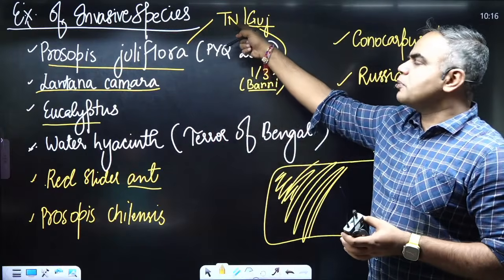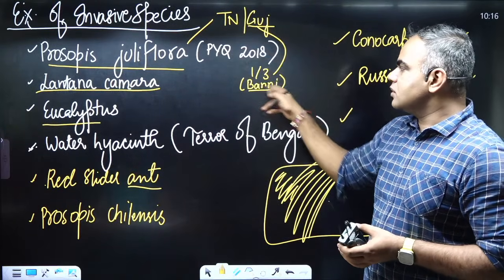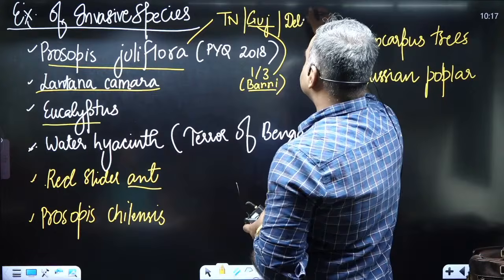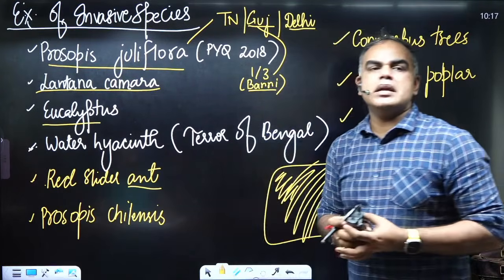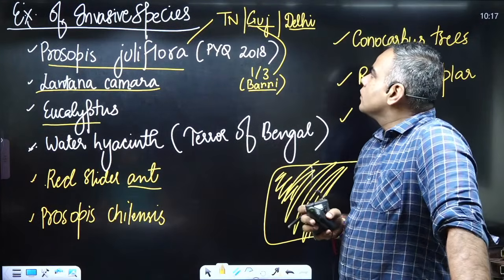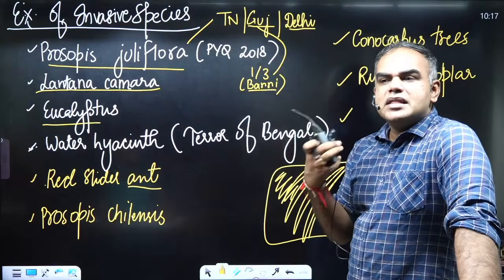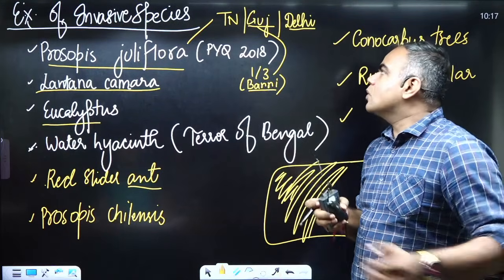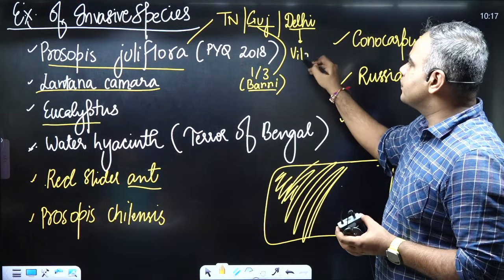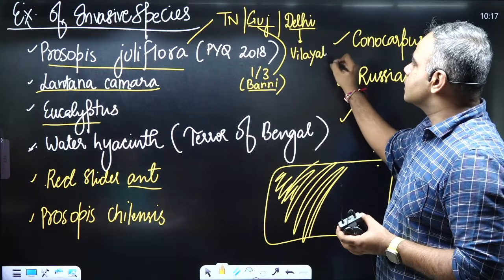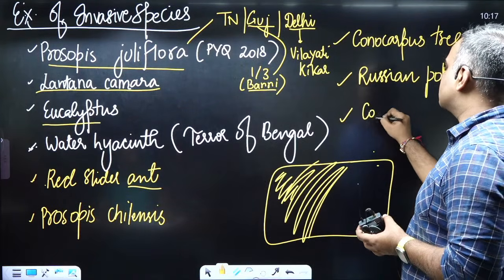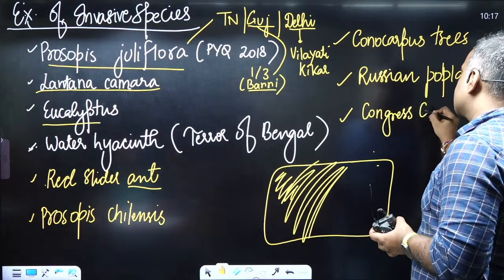So one thing is they were a problem in Tamil Nadu. They were also a problem in Gujarat, Banni grasslands. Another point I can also say, you see this as a problem in Delhi. In Delhi, its name is Vilayati Kikar. That is how it is known. But even in Delhi, so my point is they can spread. This is the name. Talking of this, I can even add one more name. Let's say Parthenium, or you must have heard this name too, Congress grass.